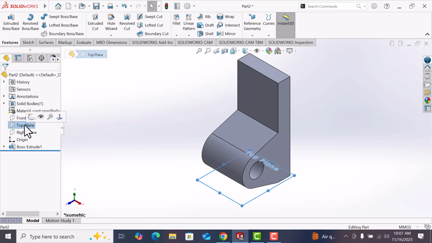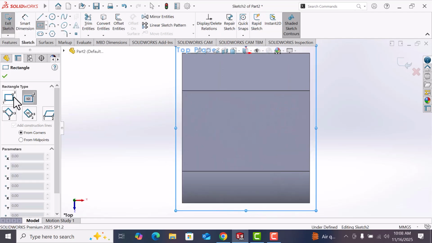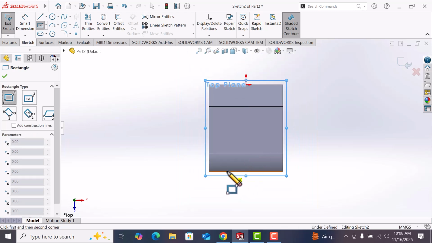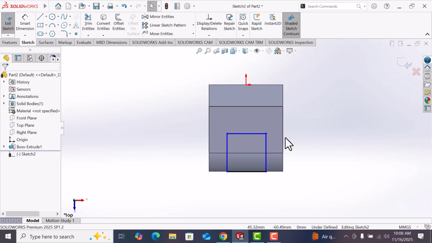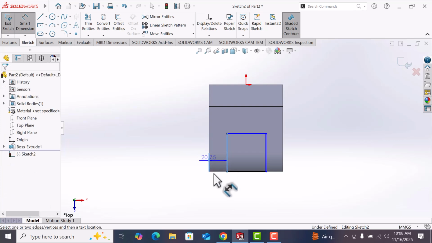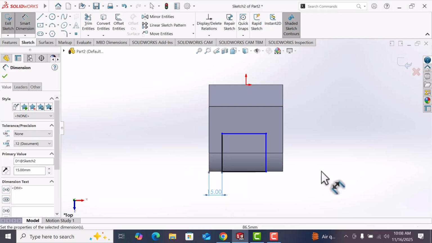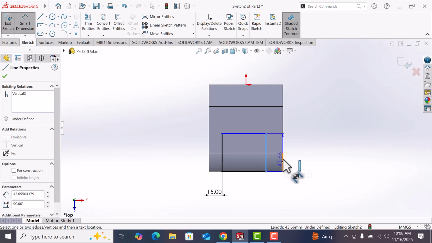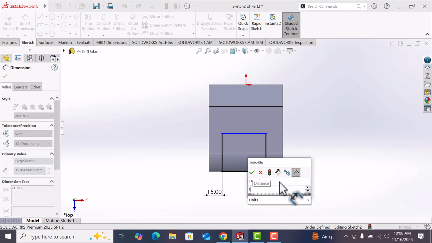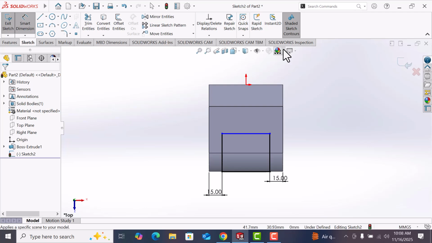Now go to top plane and sketch. Now draw the rectangle, corner rectangle, draw this line, select. Now go to smart dimension: this line and this line, distance 15, and this line and this line, distance 15. Okay. Now go to here, select